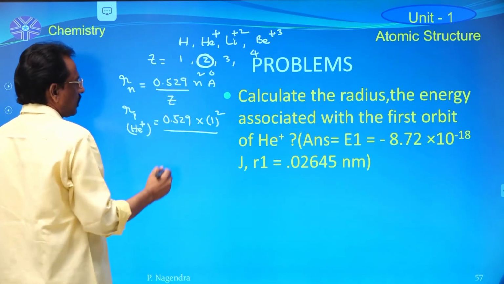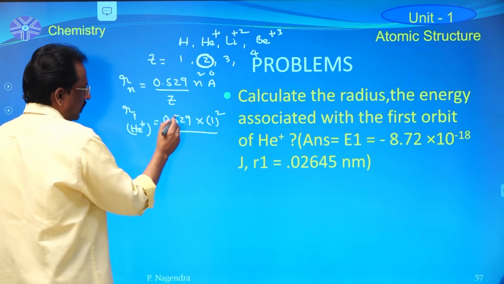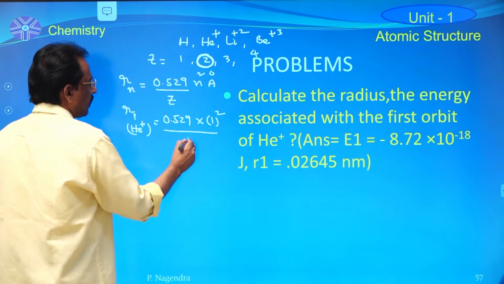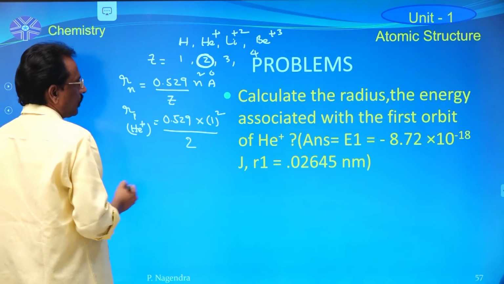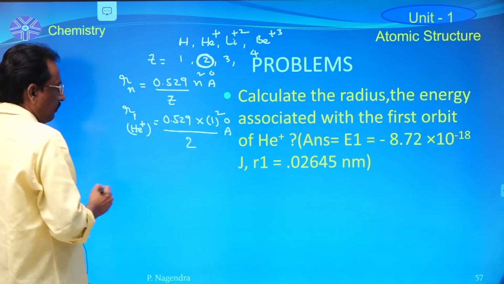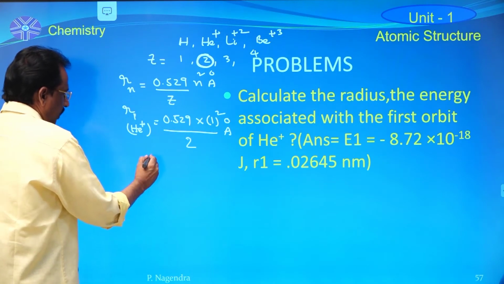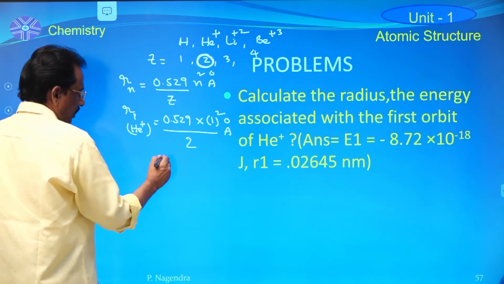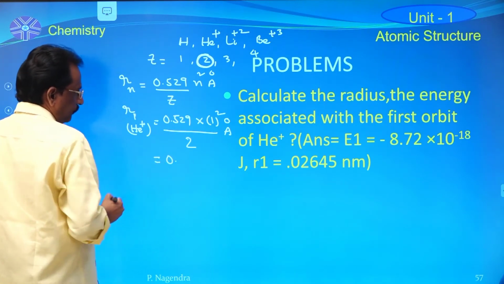Remember this. So, divided by 2 angstrom. So, the radius of the first orbit of this is nothing but 0.26